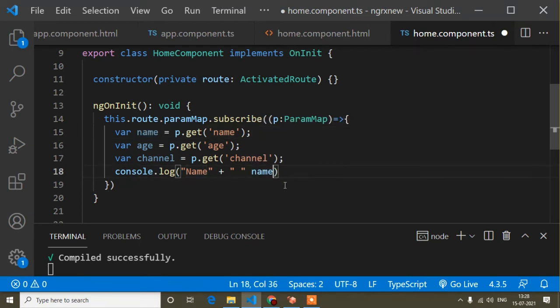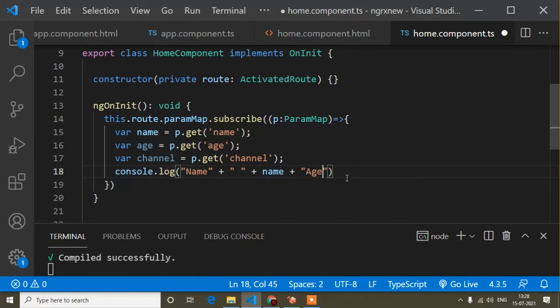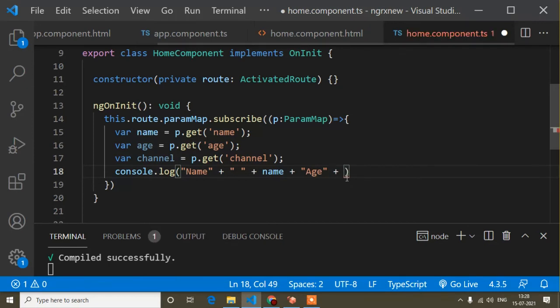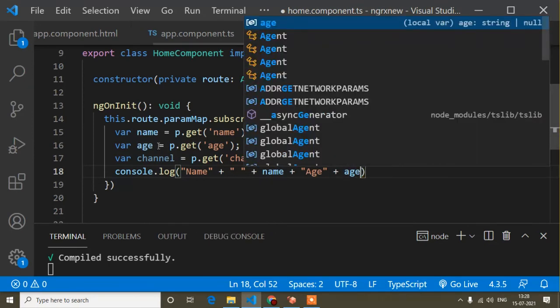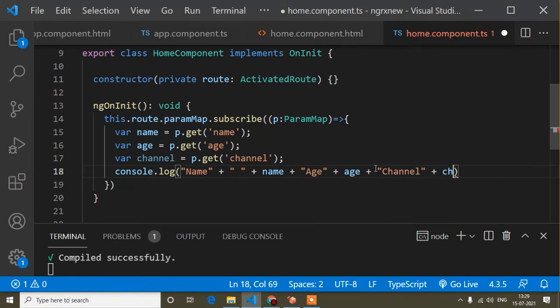Then plus, age, and the variable age. Then plus channel, and the channel variable.